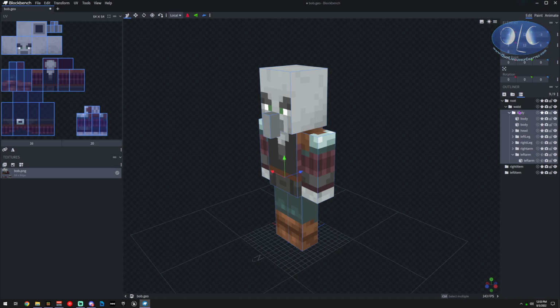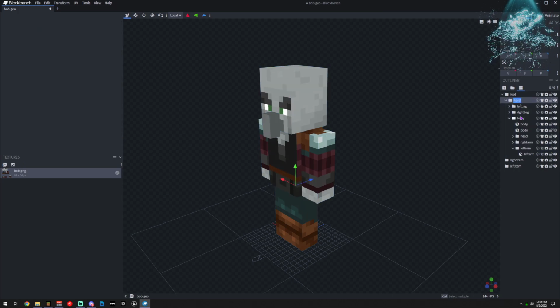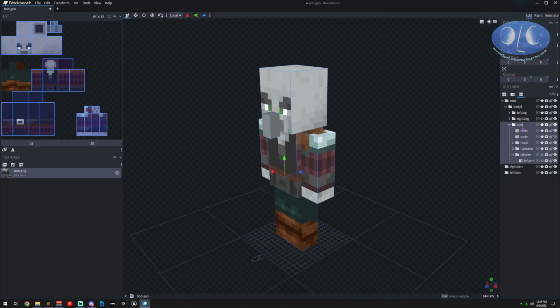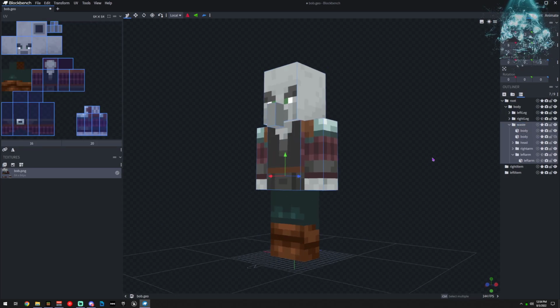And then at the body, I'm going to take the right leg and the left leg and move them out. And I honestly would change this. I'd probably make this be body and this be waist.